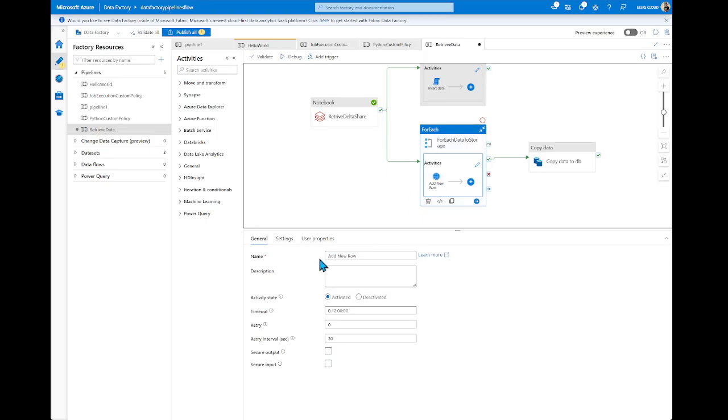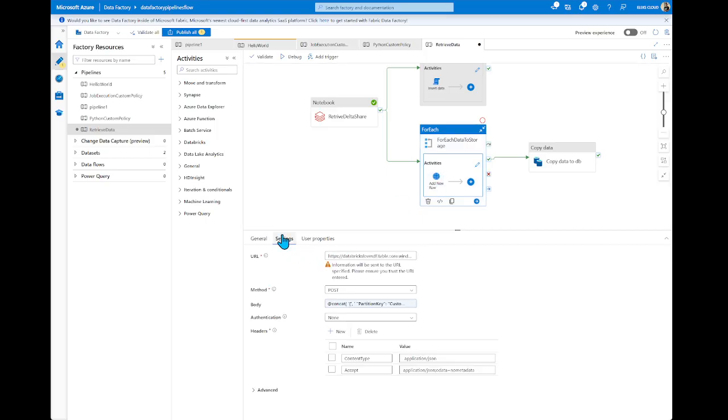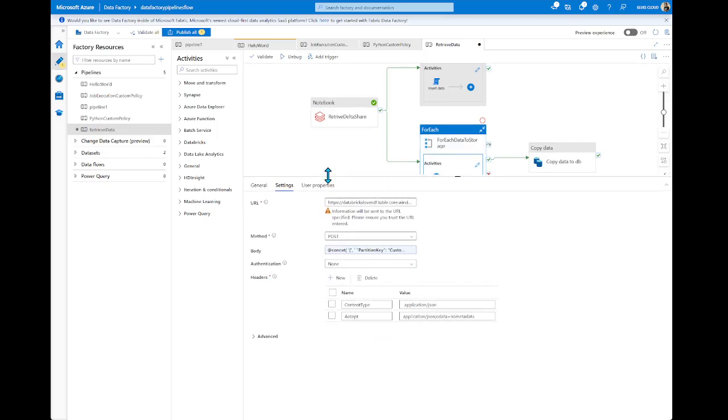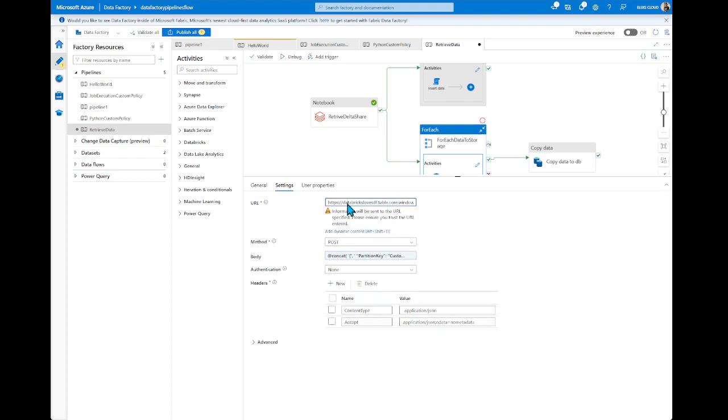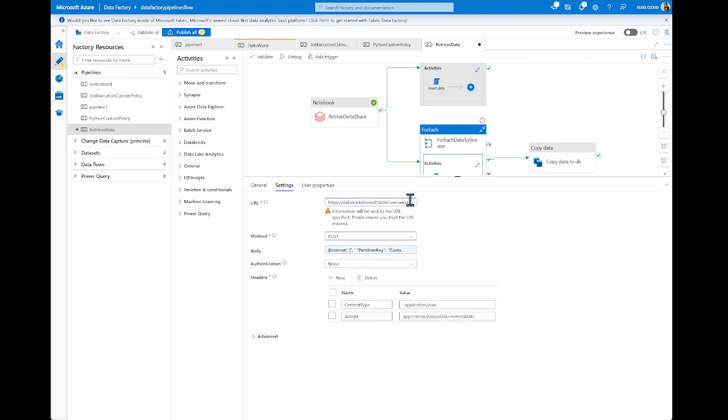And this web service provides some information. You need to know what you need to provide. So first of all, you need to provide a URL. It's a specific URL that you need to have when you create a SaS token.